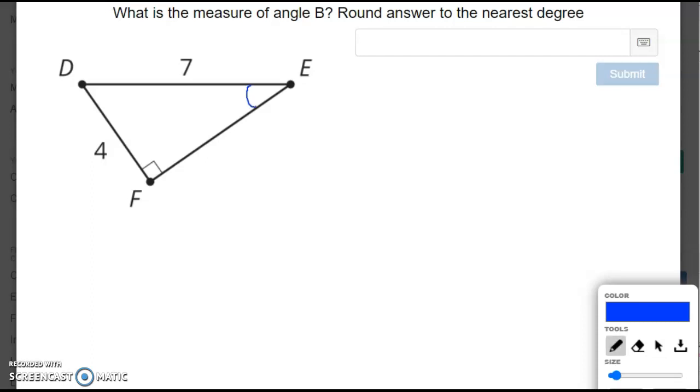There's a typo here. I should change that to angle E. So if this is the angle that we're interested in, then this is the opposite side, and this is the hypotenuse. So sine of angle E is going to be opposite, which is 4, over hypotenuse, which is 7. And if I use the calculator, 4 divided by 7 is